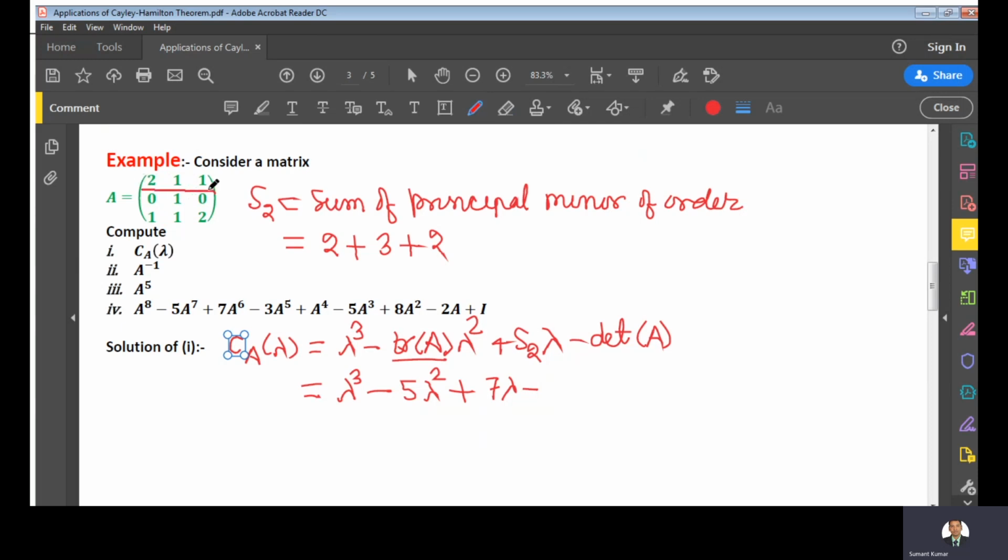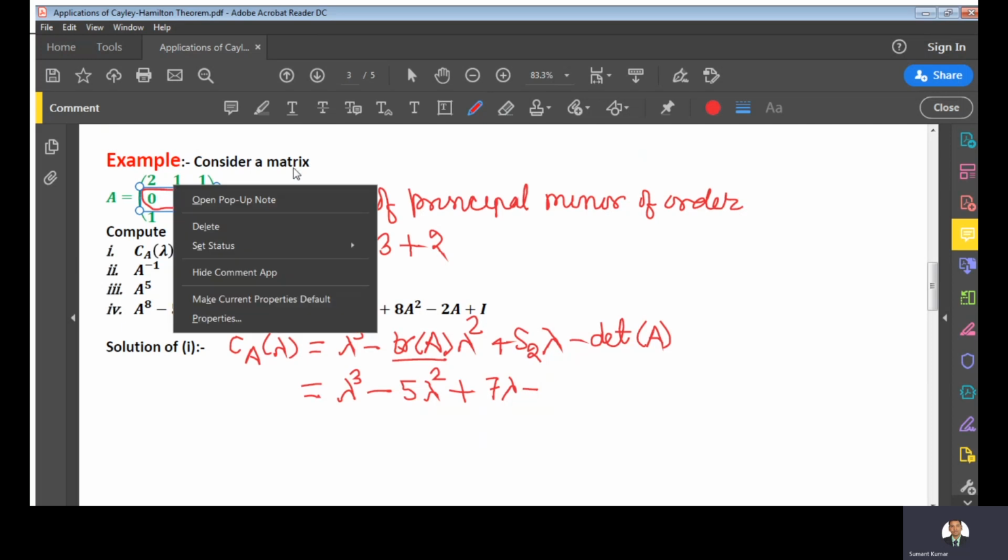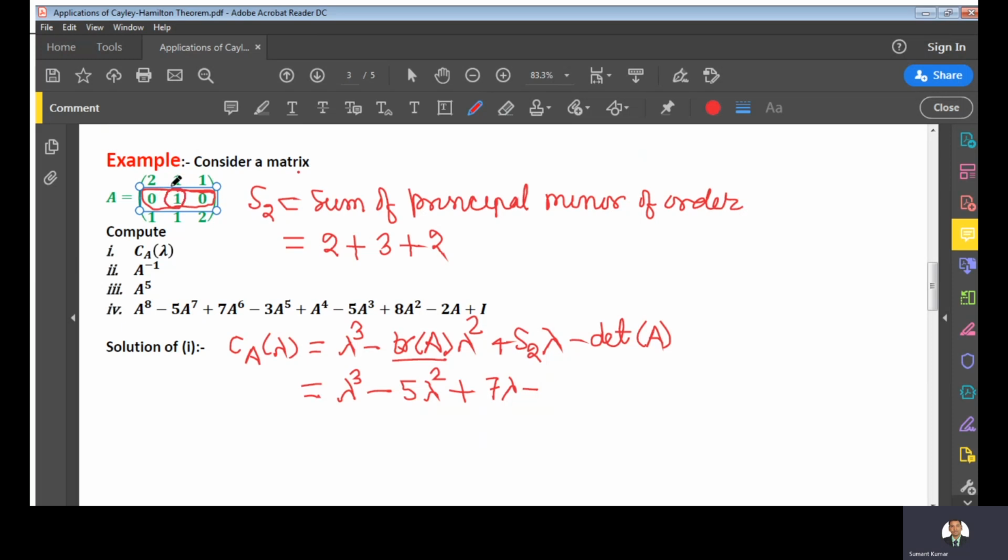This row you will expand using Laplace expansion, and we will choose this row. Why am I choosing this row? This point I already discussed in one of my videos. You can go to that video and learn it. It is a very important result. Here you see this row contains the maximum zeros. That's why I am taking this, because those two products will be 0 and the determinant will be given by only this one element.